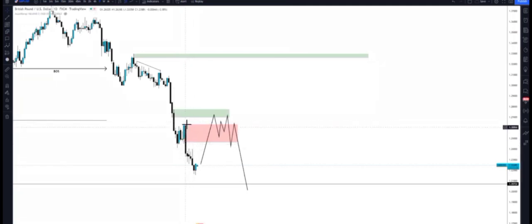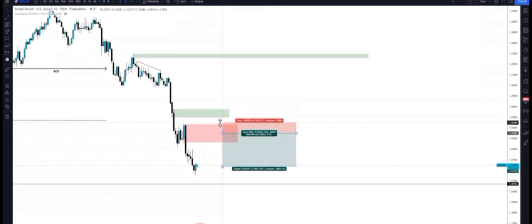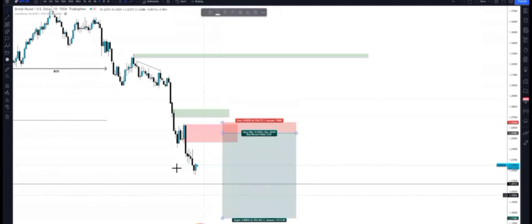But then this other block is too obvious. Everyone is going to be looking at this. Everyone would want to, and those guys who swing trade would probably place their entry at the 50%, which is the obvious order block, and the stop loss just above this, and then continue the trend because the monthly is